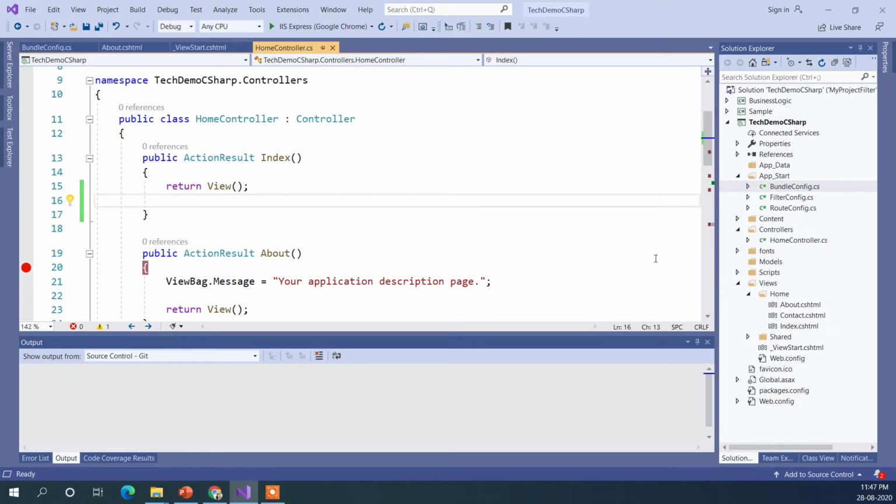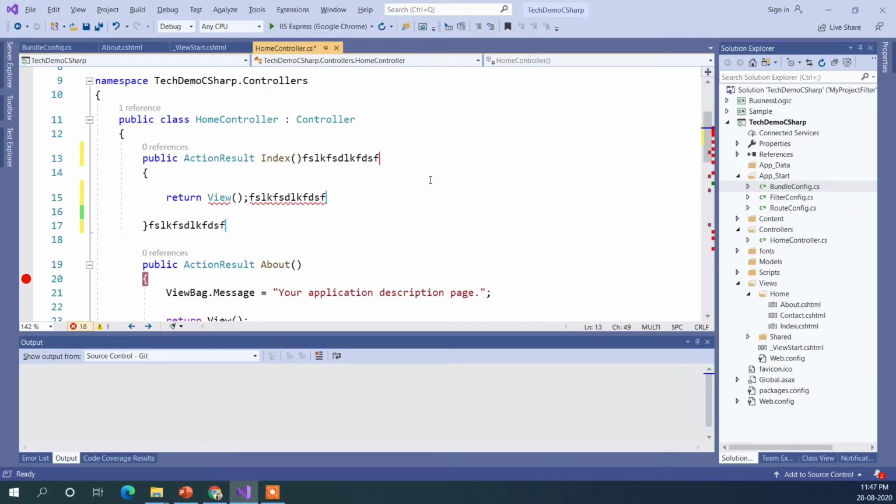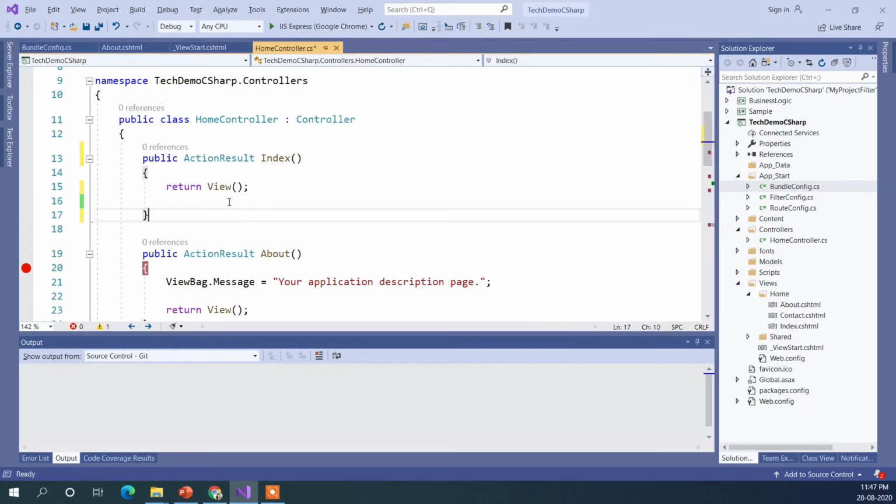Multi-caret editing: if you want to type here, here and here at the same time, how can you do it? The way we can do it is Control Alt and click. So I click here, I click here, I click here. If you can see, there are three blinking cursors. So when I start typing, it will type in all the places. It's a very nice feature, and it's very handy when you are editing something and migrating code from one place to another. It's really nice to have.